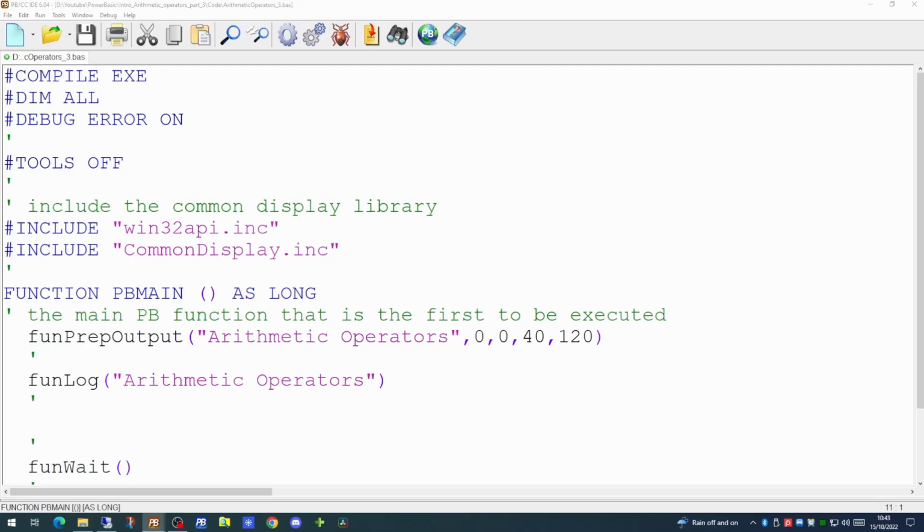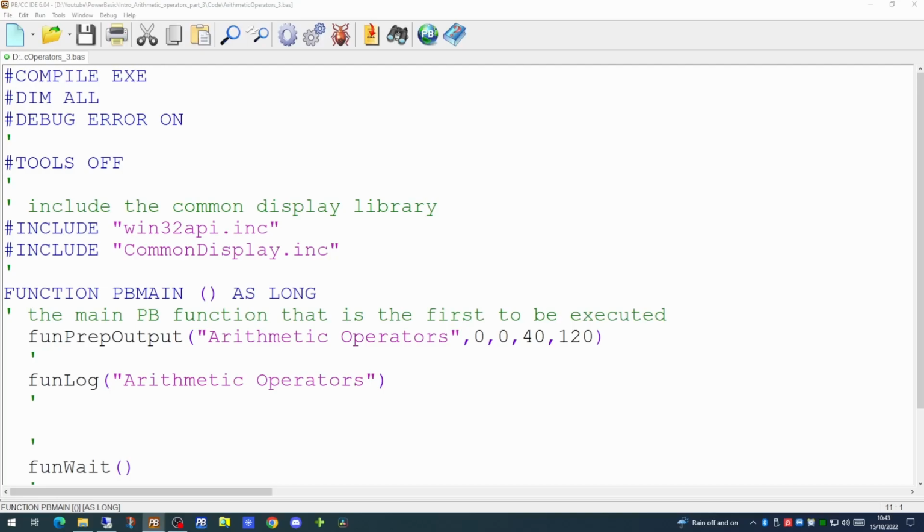Today we're going to be concluding our series on arithmetic operators. In order to demonstrate today's operators, we're going to imagine that we're the owner of a hotel. This hotel has a number of rooms which is fixed. And each day we will have a number of visitors visiting the hotel. Each room can take a number of visitors. And we need to work out how many rooms are actually going to be needed on any day.